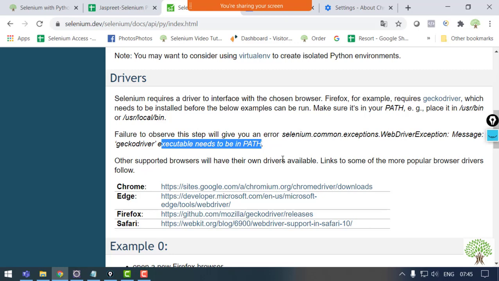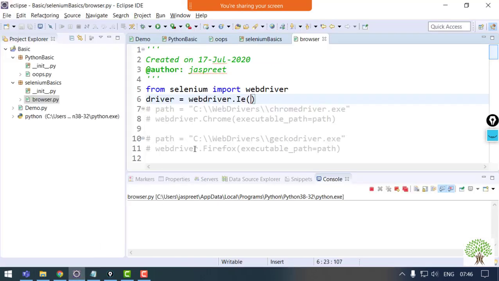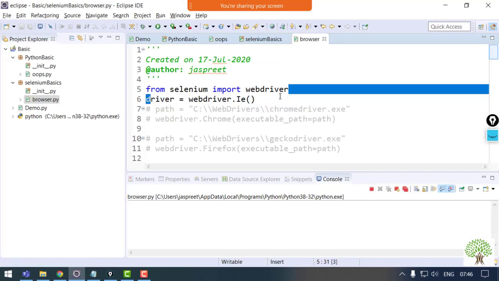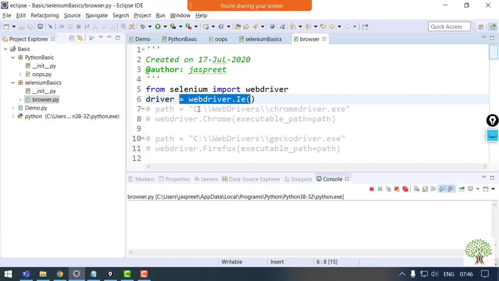For this, to get over this error, what you need to do is you just need to give your system a restart, to apply the changes that you have done in the system variables by adding those exes. Once your system has restarted, just go and try to run your code again. That's it, and your code will run fine. The exes will be adapted in the environment, the system variables, and without giving these big statements, this only statement will work for all the browsers. Okay, need not do anything.